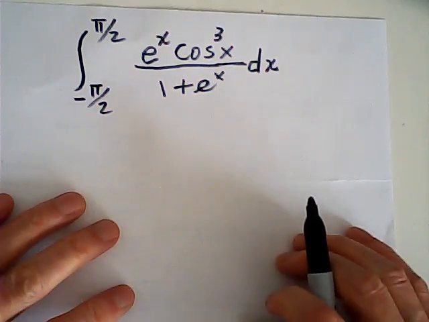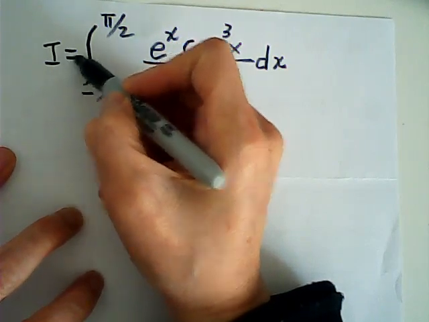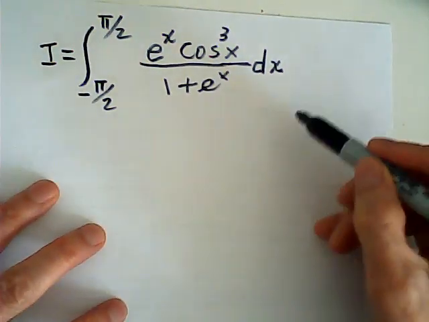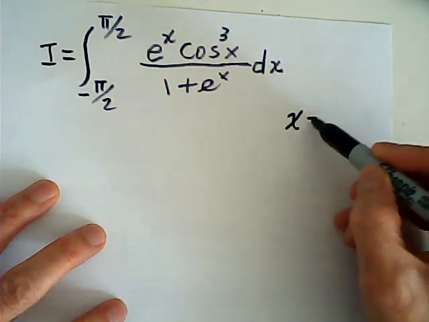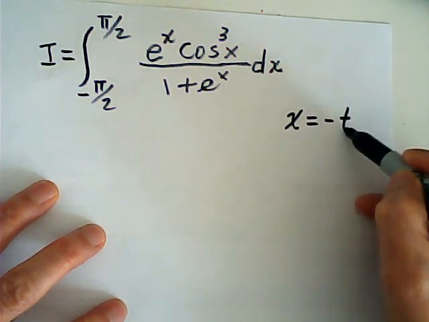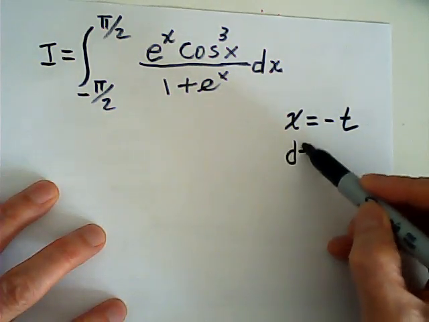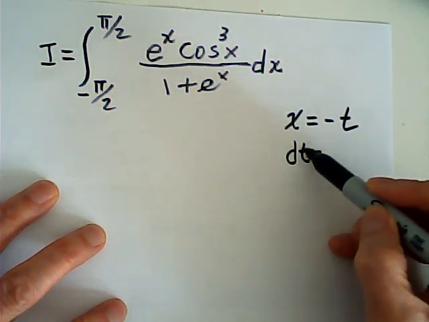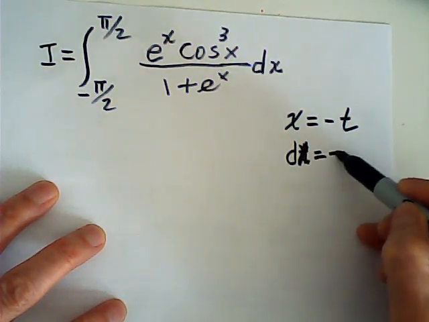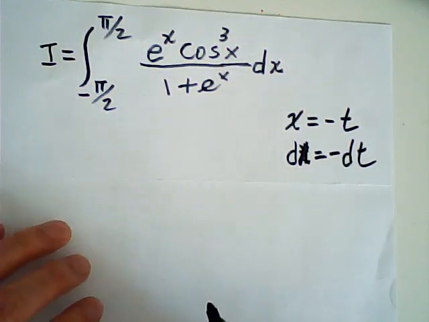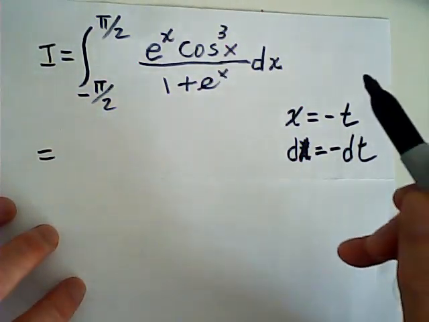Now, let me put this as integral I. I let x equal negative t. So dx is equal to negative dt. Okay, so this integral I is equal to